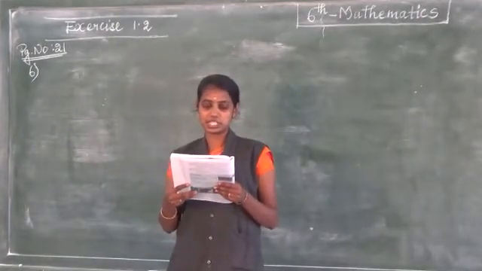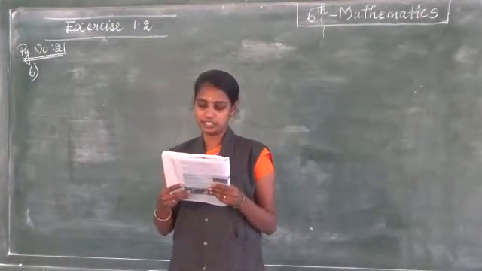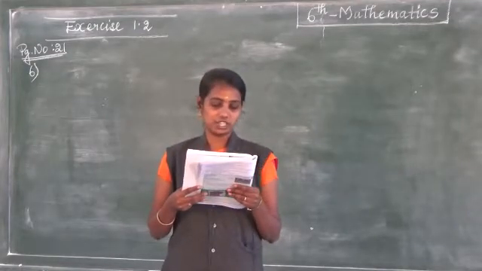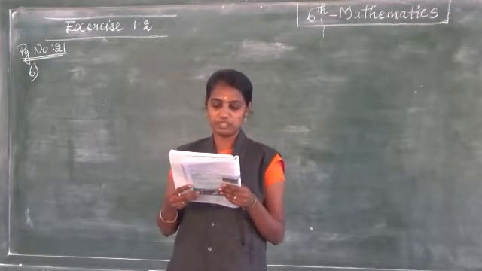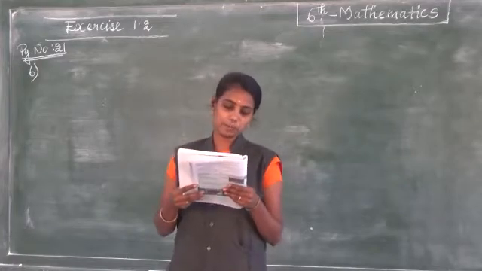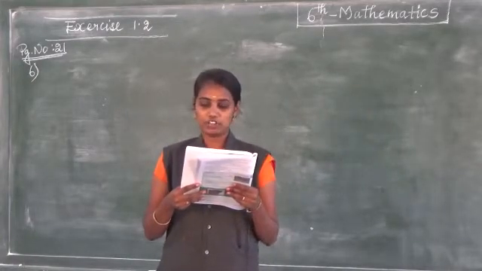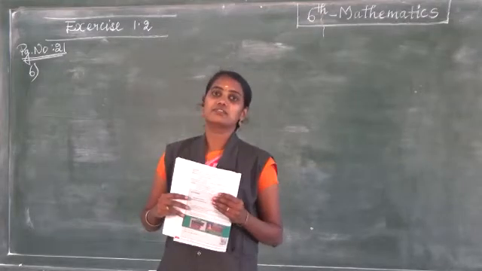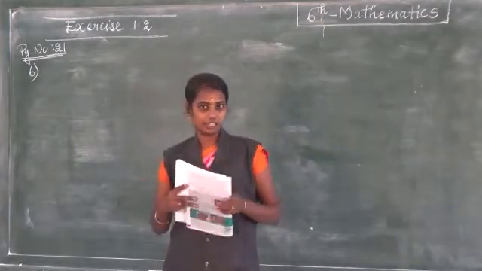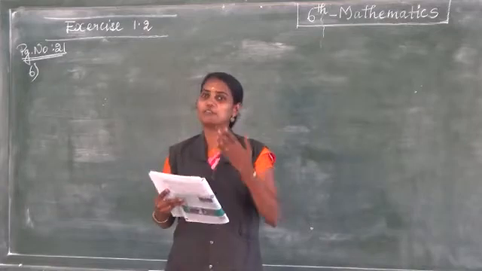Question number 6. What is the greatest possible value of a vessel that can be used to measure exactly the volume of milk in cans of full capacity of 80 liters, 100 liters and 120 liters? Here we learn HCF and LCM. Here is the word problem. So how to find out?